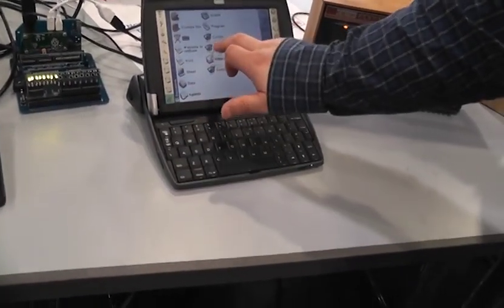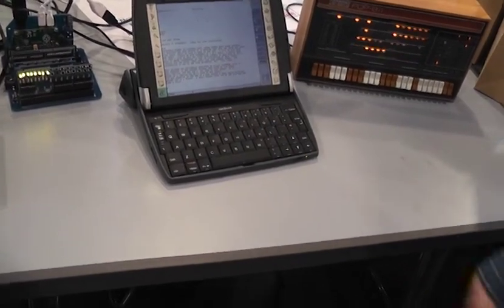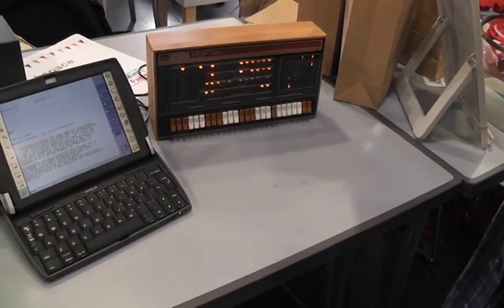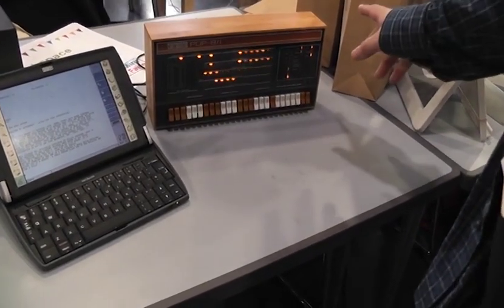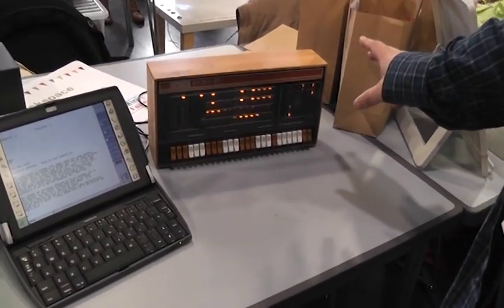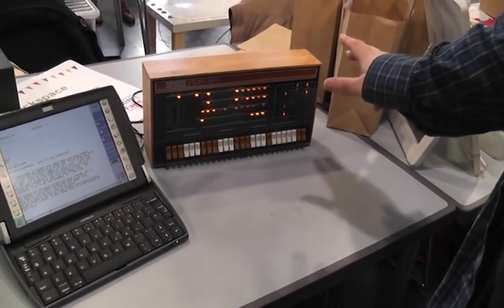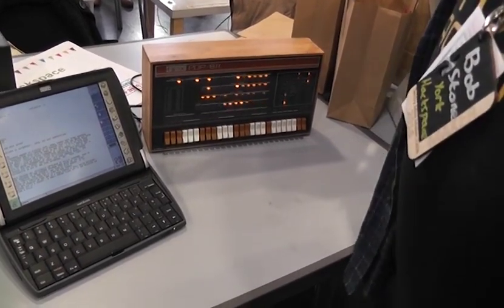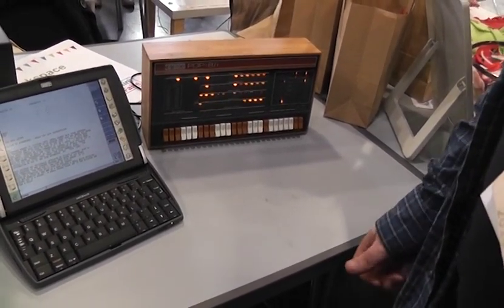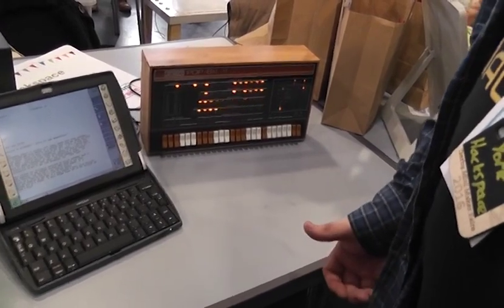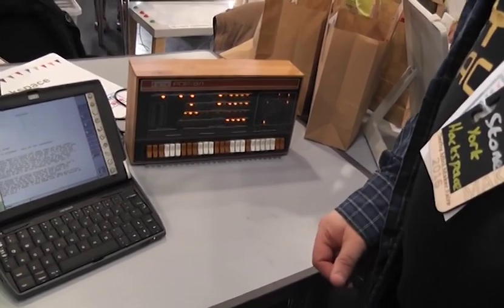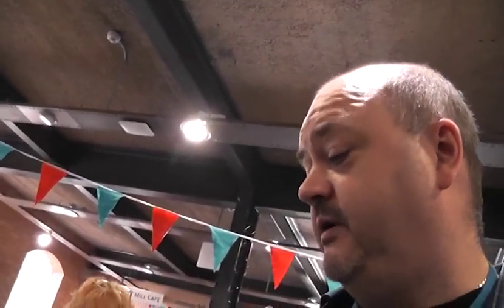Also a serial terminal onto a 1968 DEC PDP-8. Not a real one. What's interesting about the PDP-8 is the very first PDP-8 in 1965 was $18,500. That made it the cheapest, most affordable computer around, because it basically brought in the era of the minicomputer, or it's the most iconic example of a minicomputer that